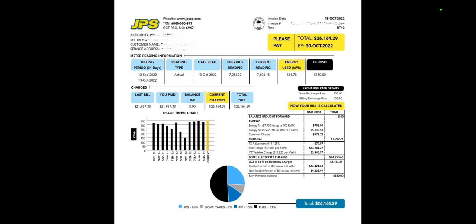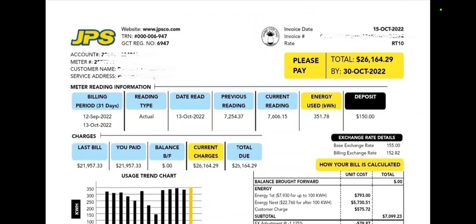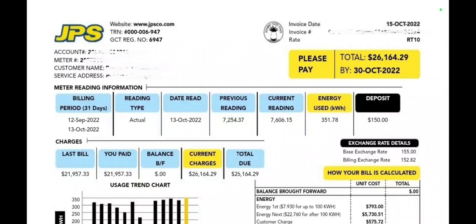Below that, let me get it to be a little bigger. Below that you have the account number, and this is your information. So that will be your account number. I don't think I blacked that out enough, so let me black it out. Probably it's too late, but anyways, the account number